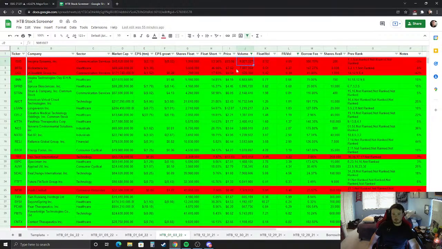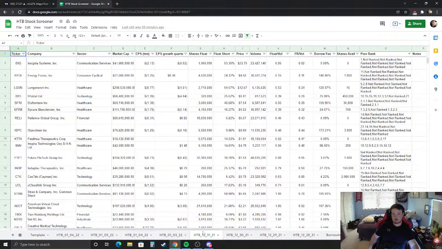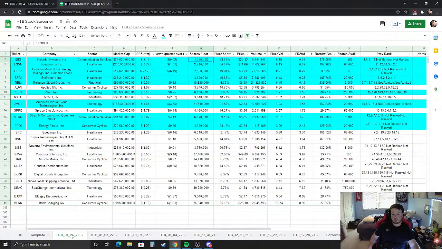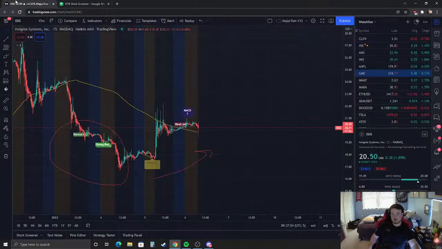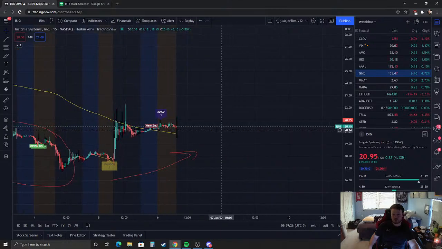Number 1 up here, volume 9 million. They traded 500,000, you know, 18 times in that trading day. This one's the one that really gets you right here. 1 million float trades 24 times the float, and half of it was shorted. So 48 times the float in a single trading day here on December 31st. And the price really hasn't gone up that much. To me, that's signs of some naked short selling for sure.